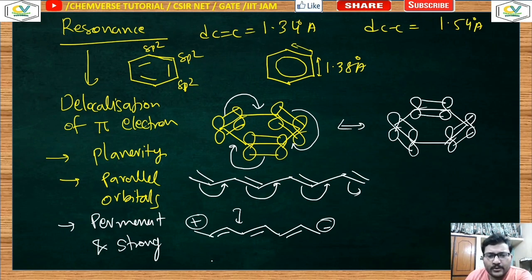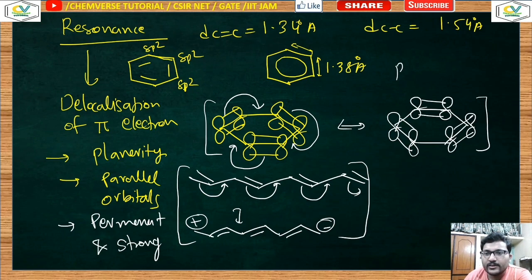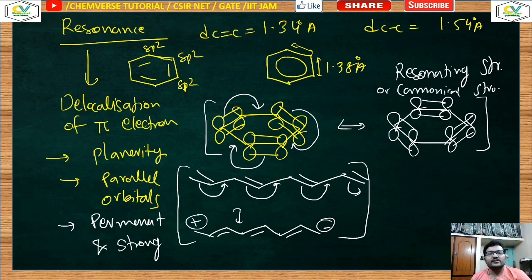Now the point is, what are these structures? Okay, what are these structures? These structures are called your resonating structures, or your canonical structures. Now obviously these canonical or resonating structures are nothing but imaginary ones. They do not exist in this way. What you can think is that